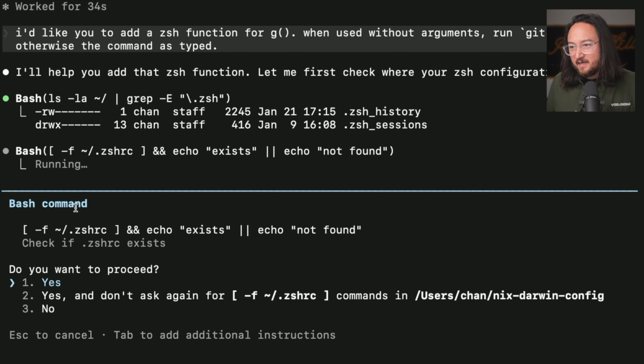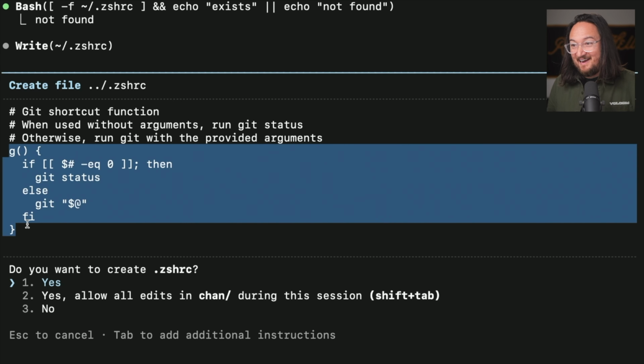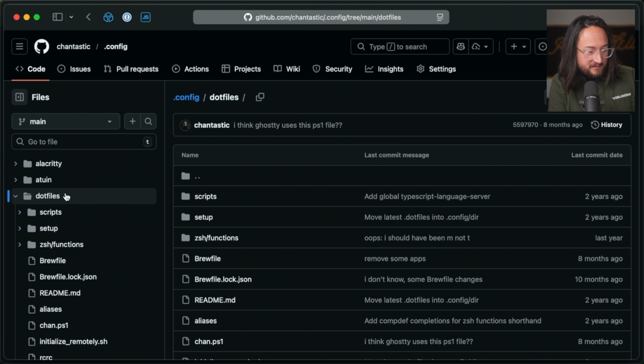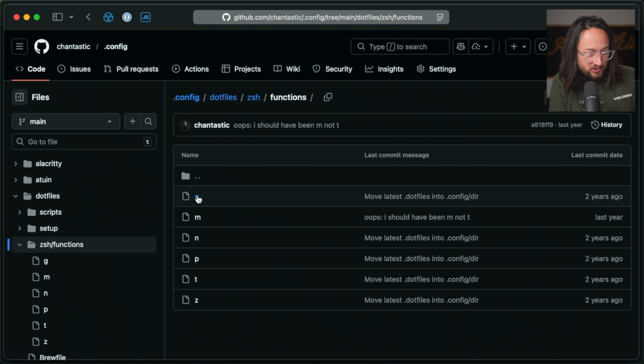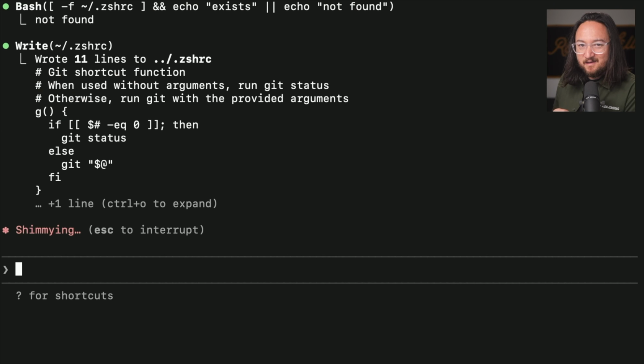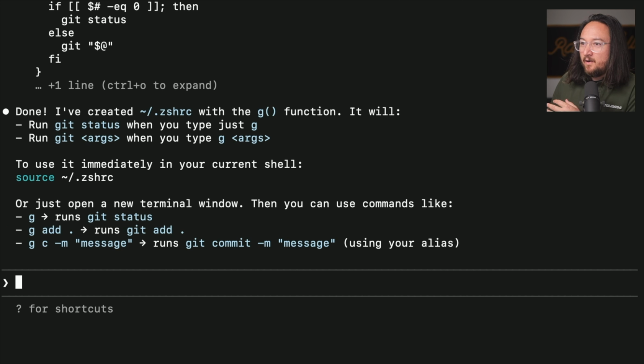Okay, first it's going to check if we have a .zshrc. And yeah, this is, I think, exactly what I've used in the past. We can confirm that by going into the dotfiles, zsh functions, g. Yeah, that's it. Nicely done. Okay, I've created a